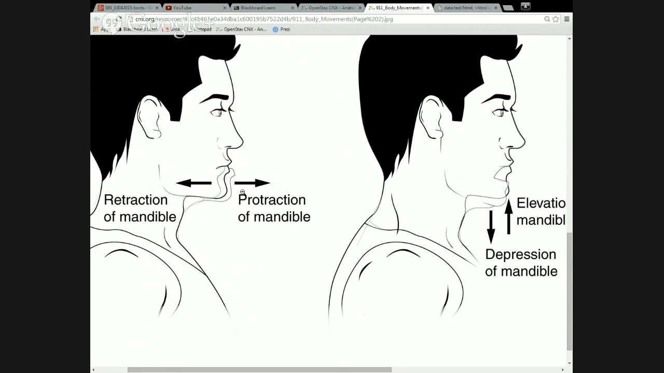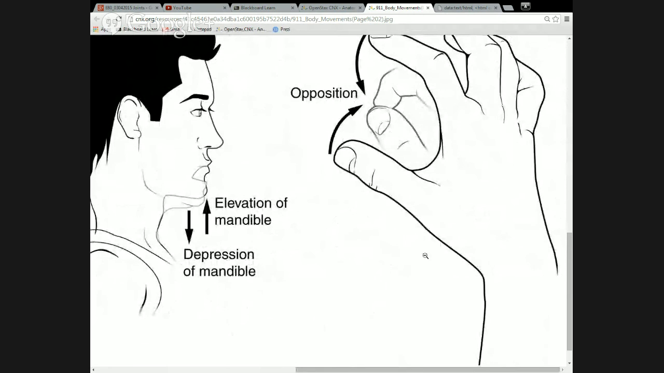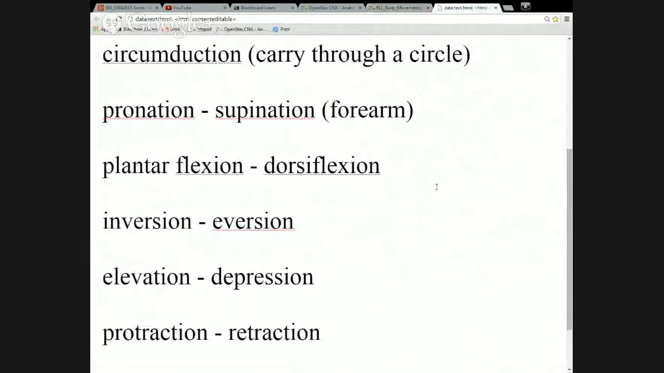Not that cockroaches actually have mandibles like ours or anything like that, but it was losing all its food because of the way it was moving its jaw. It was funny. The last movement term is opposition, which is